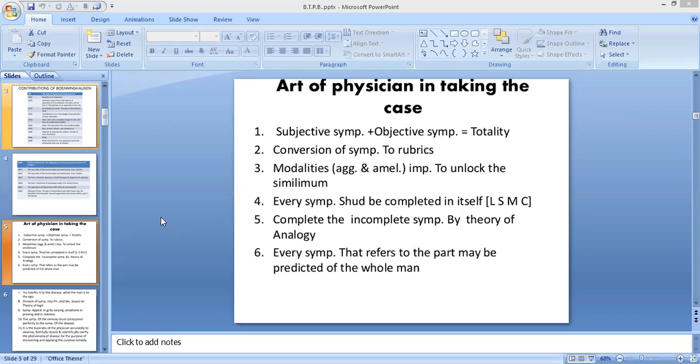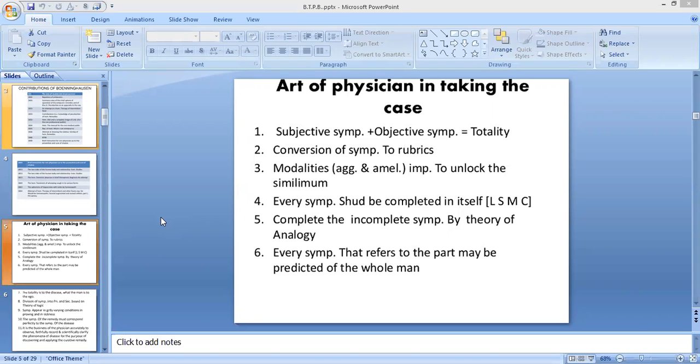Then the third grade medicines appeared in a moderate number of provers during drug proving. Then the fourth grade includes the medicines which appeared only in few provers during